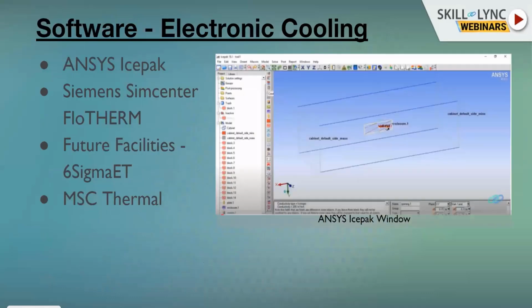Saisuma. Okay, coming to the software. Software for electronics cooling, there are n number of softwares available in the market, but we are listing four softwares here.